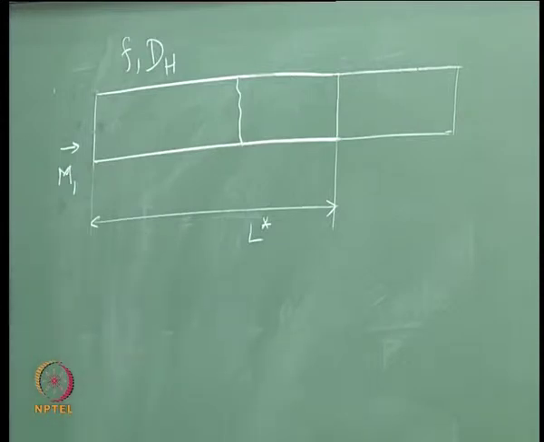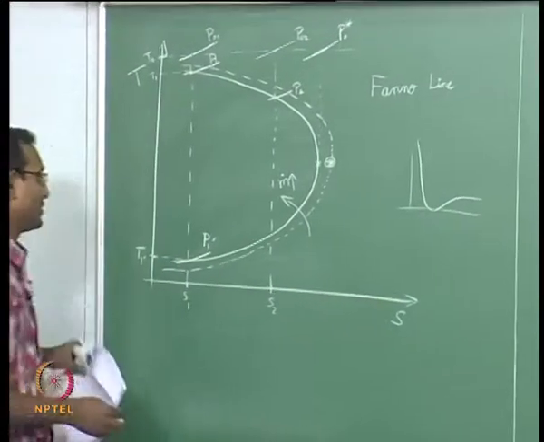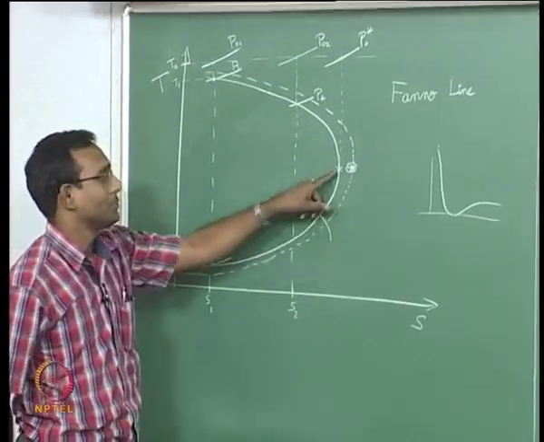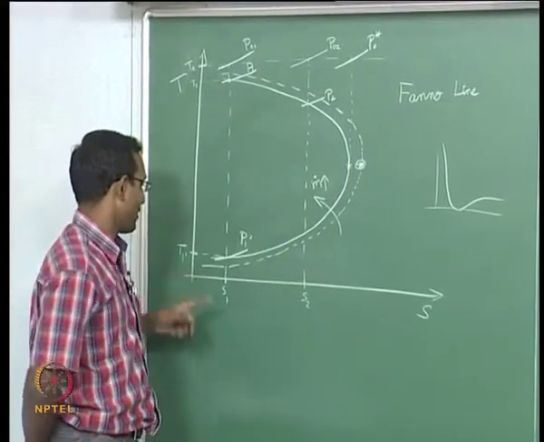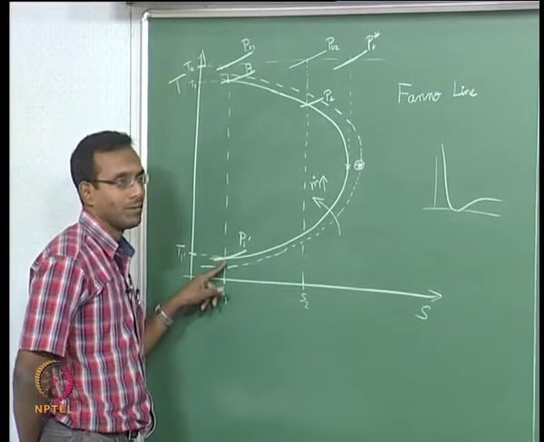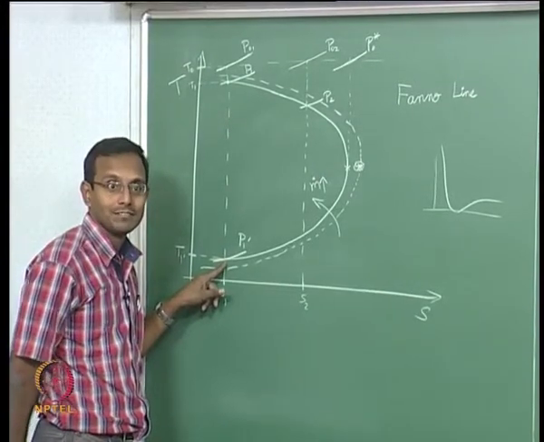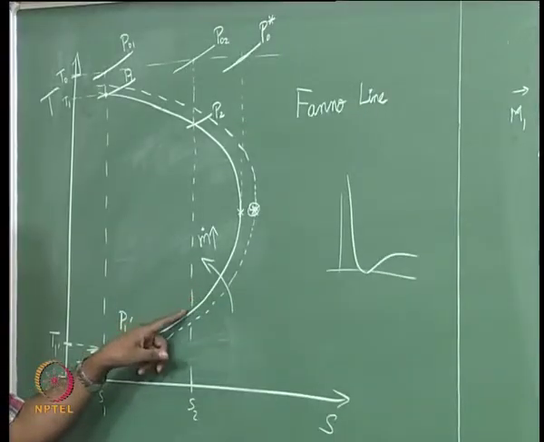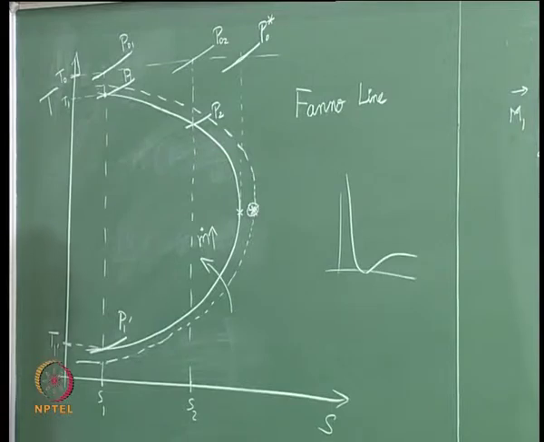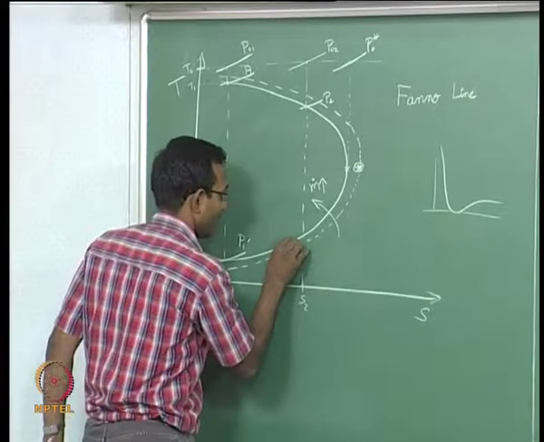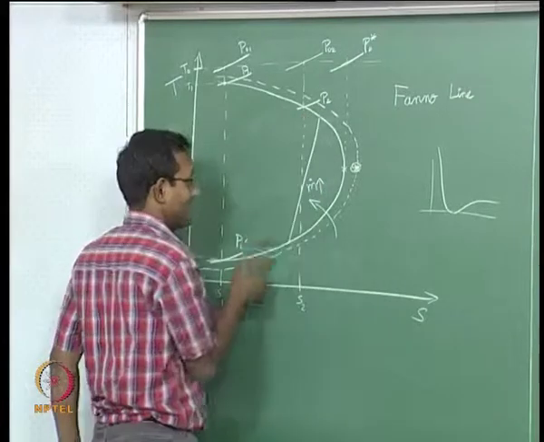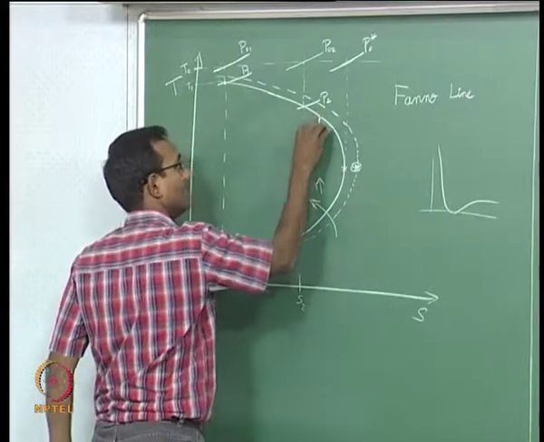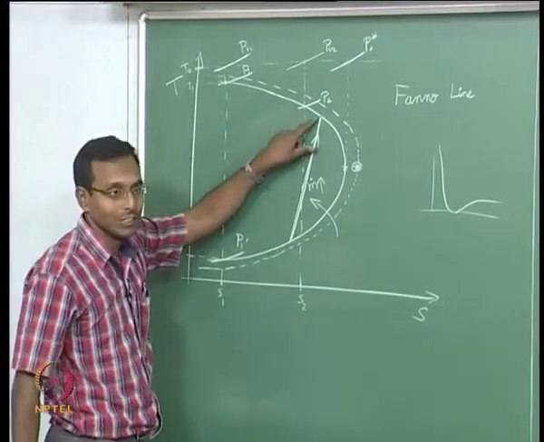Now if I look at that in my plot, I am going to say I started with this particular solid curve and I went all the way to reach this point. Okay. But we know that from whatever supersonic Mach number, L star is not very high, right. So what will it do? It will go this path up to some point, and then when I increase my L, it will go from some Mach number, jump to the same mass flow rate curve across here, so that it chooses a subsonic solution there.